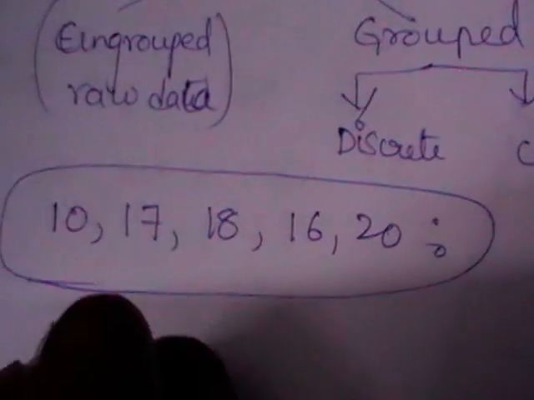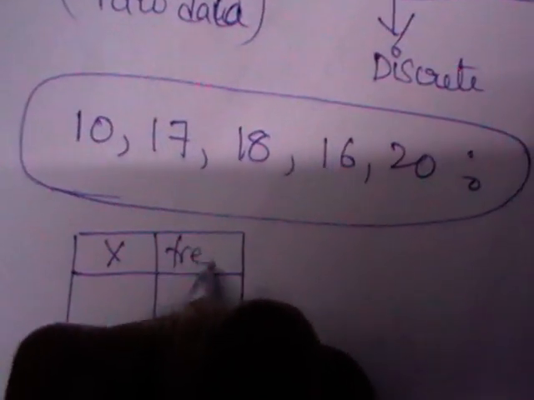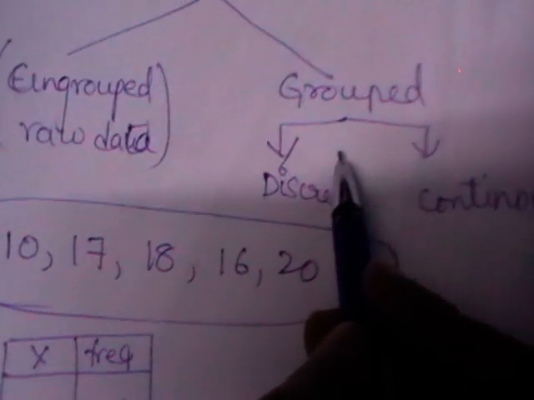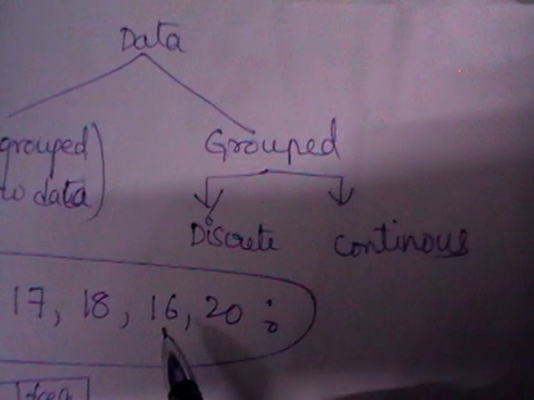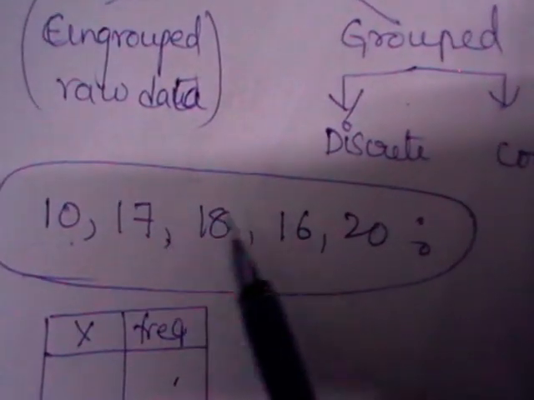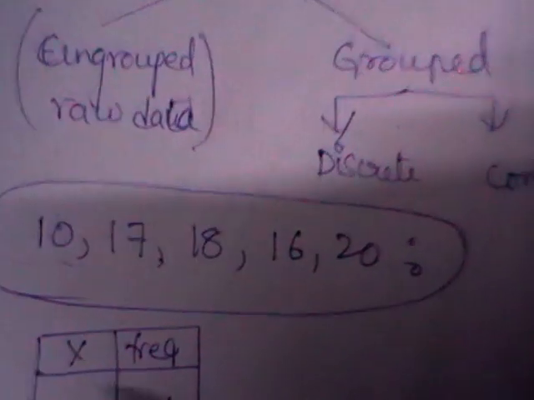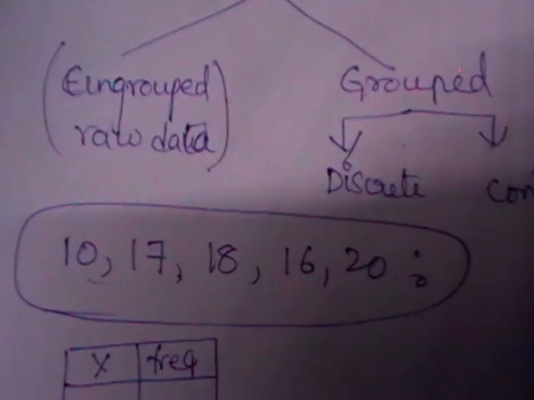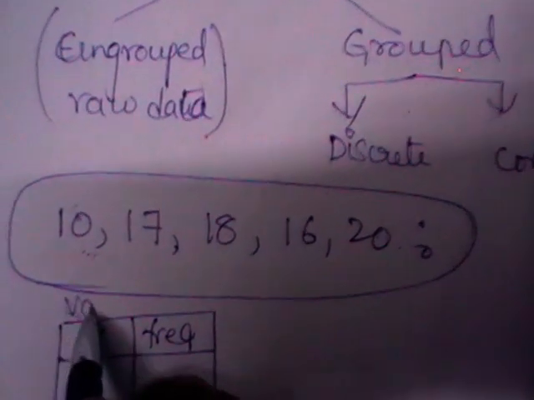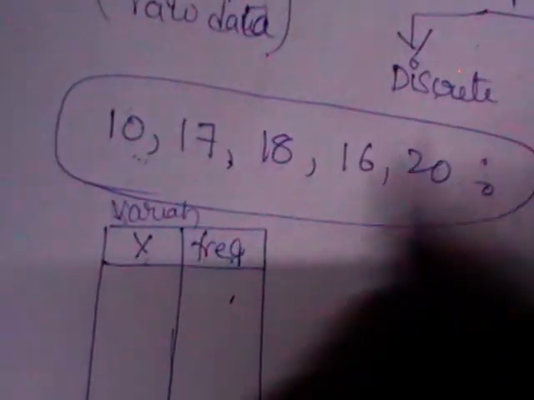Whenever you have data in the form of a table with two columns, with one column as the variable and the other as frequency, we call this grouped data. Ungrouped means we have only a single row or single array of observations, with no grouping, like 10, 17. Some observations are given in a single line, which we call ungrouped or raw data. Whenever we have data in a table with two columns, one representing the variable and the other the frequency, we call that a grouped frequency distribution. Again, grouped frequency is of two types, discrete and continuous. Whenever this variable has only single observations,